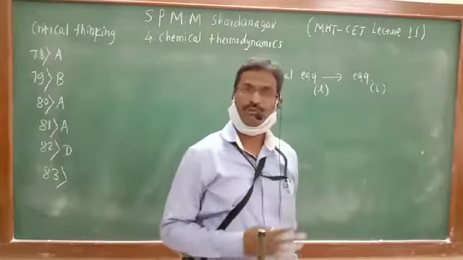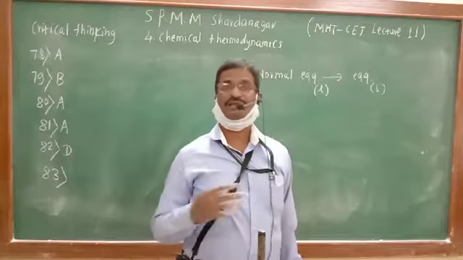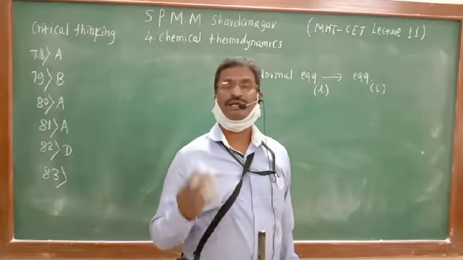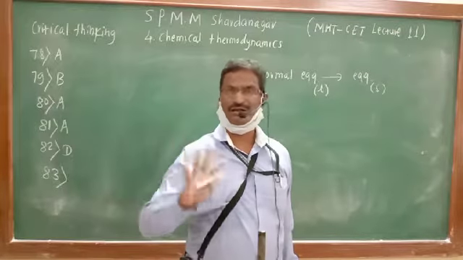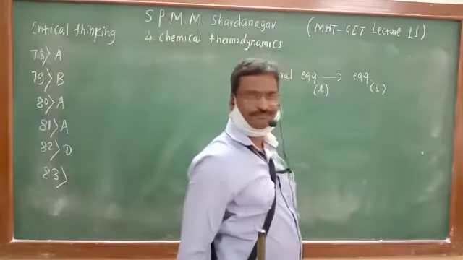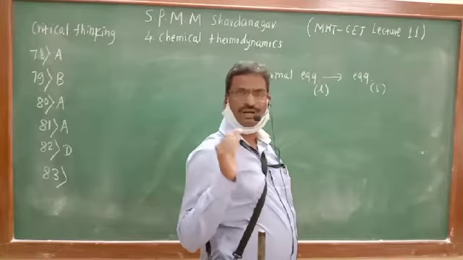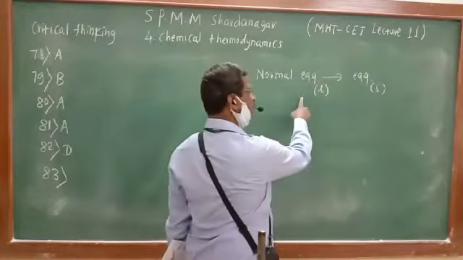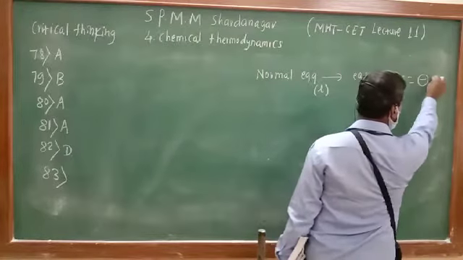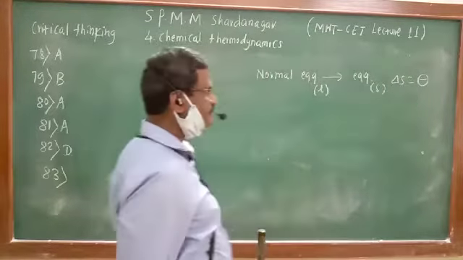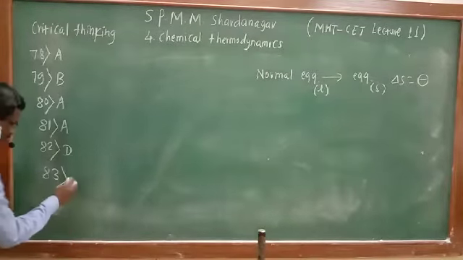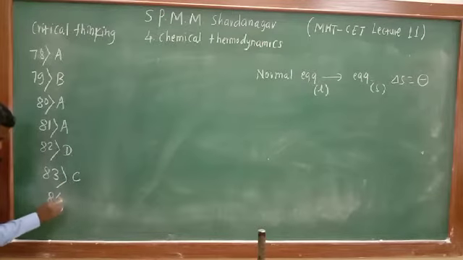In liquid, molecules are away from each other. They are moving. Randomness is more. Motion is more. In the solid, motions are stopped. Therefore the egg in the solid state has less entropy. The liquid state has a greater entropy. Therefore, the change in entropy will be negative. Delta S is negative. So option C is right. Question number 84.